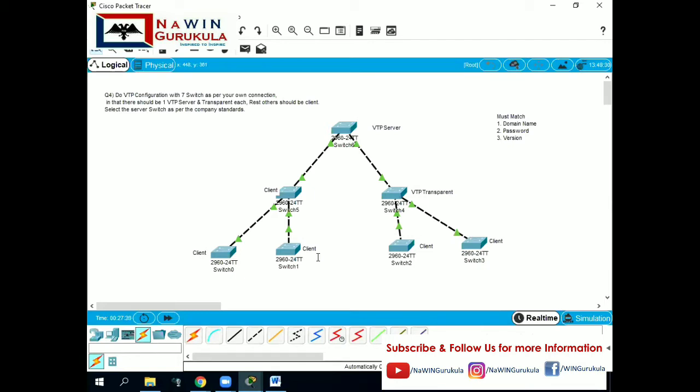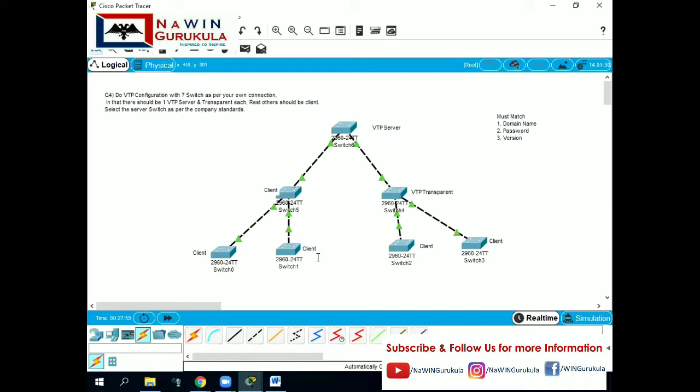Coming to client mode, a switch working in client mode cannot add or delete any VLAN configuration, and it doesn't save the configuration, but instead it reads from the server every time the switch boots.